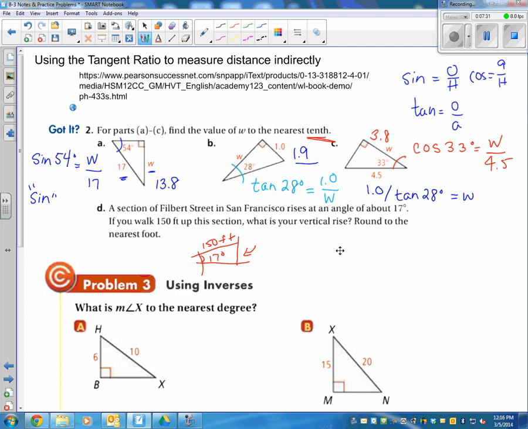So our angle is 17 degrees, right? Our hypotenuse is 150, and we're actually looking for the opposite side. So we will say the sine of 17 degrees is equal to x, because that's what we're looking for, right, over 150 feet. And once we punch that into the calculator, we'll see that x is equal to 44 feet. It's important for this section that you use the calculator in class that you're going to use on the test